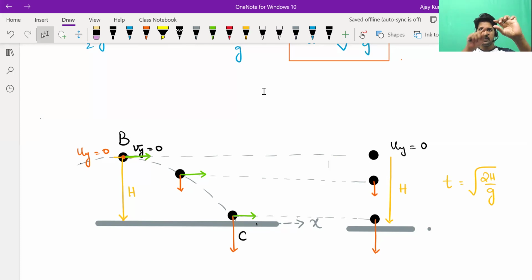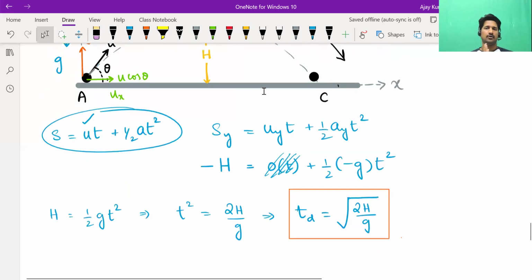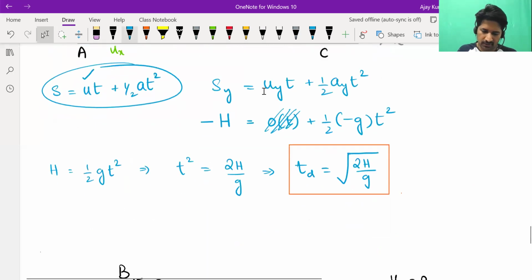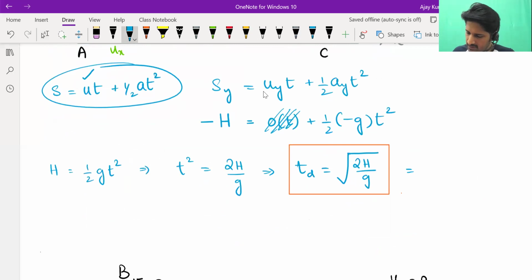Starting from Hmax, at Hmax, the velocity is only in the x direction. There's no y component of velocity. So in the y direction, it's like starting from rest. Then after moving some distance, it gets velocity in the y direction. Then after moving some more distance, it gets some more velocity in the y direction. So in the y direction, it is under free fall. Okay. That's why we get the same formula for time of descent. And we know Hmax is uy square by 2g. We'll substitute that here. And you will see it becomes uy by g. Like if you put Hmax as uy square by 2g, 2 gets cancelled, you get uy by g.